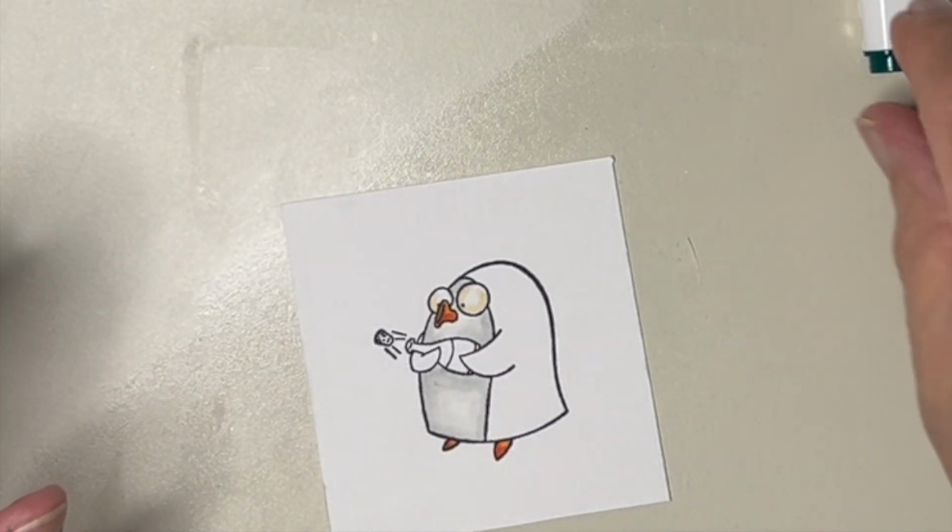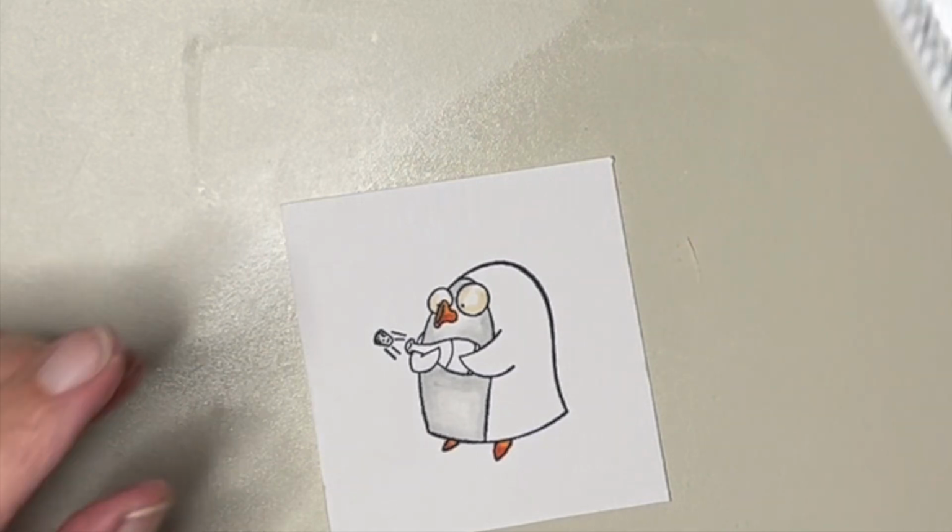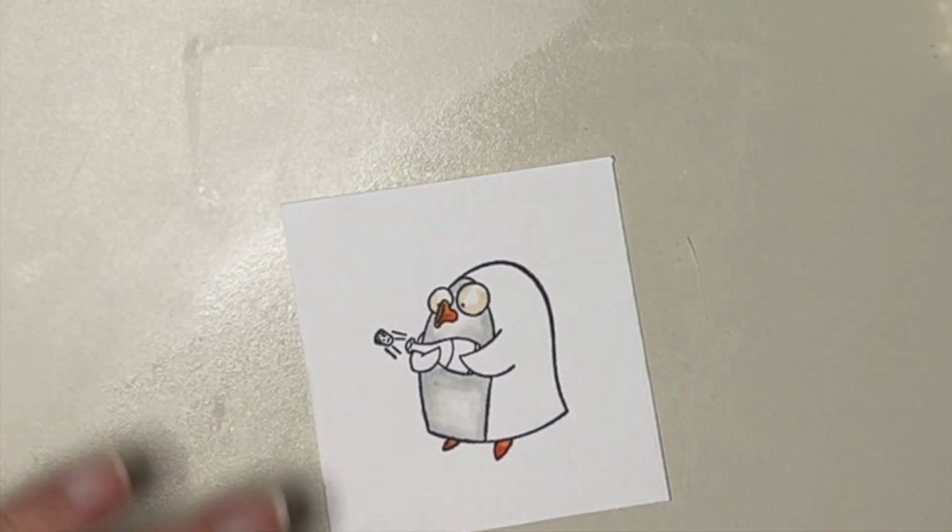All right, let's try the bottle. The bottle. So,